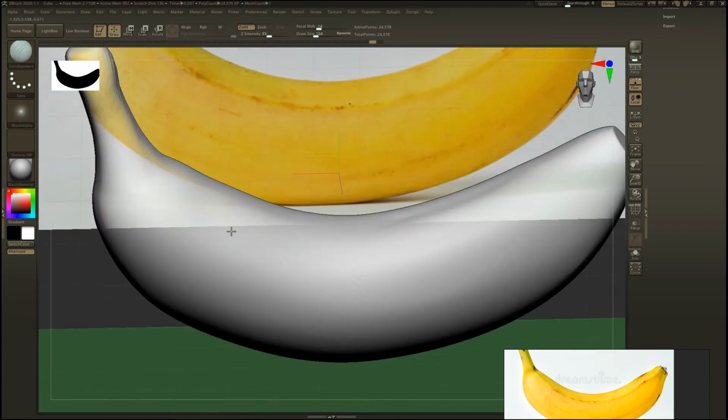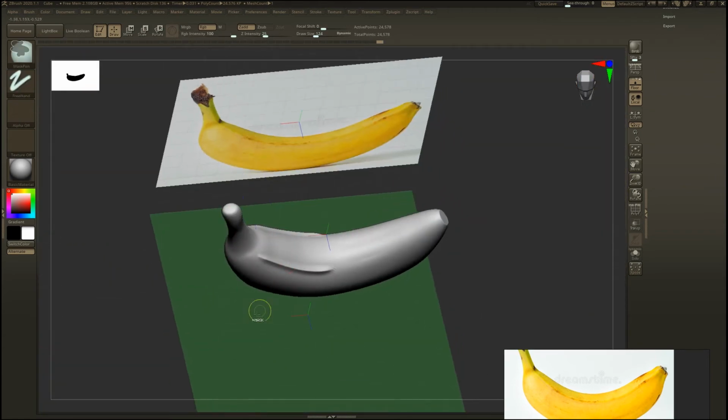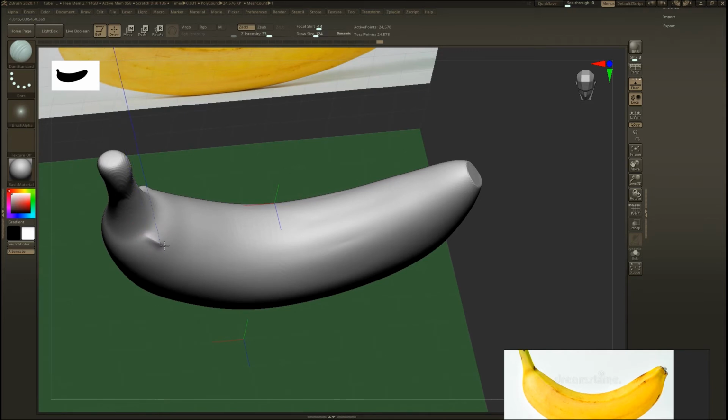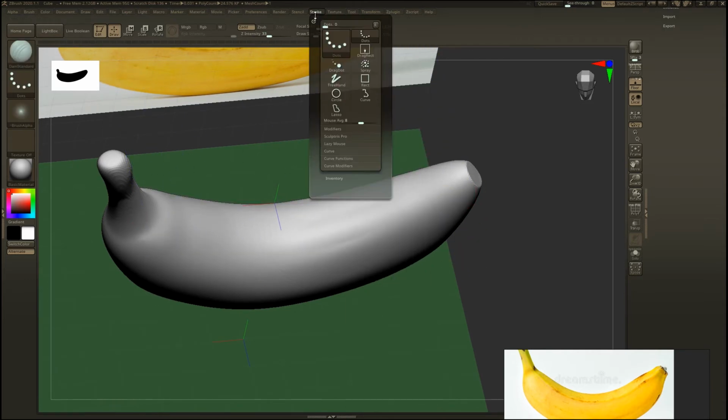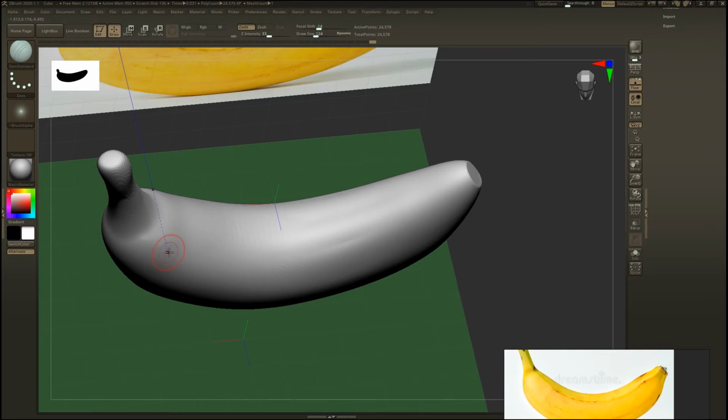The other thing is that we have to make a line, which is difficult to do right now. So ZBrush has something for when you want to make controlled strokes. Go to Stroke, then go to Lazy Mouse, then go to Radius and increase it. After increasing it you see a red tail on your brush, which comes in handy when you want to make a controlled stroke on the mesh.